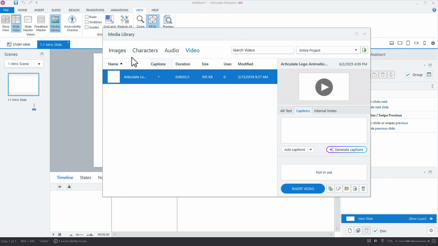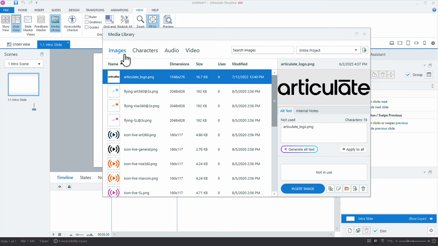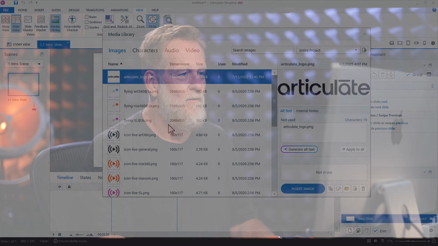Doesn't mean I'm going to use them all. And when I finish the project, I could always go in and remove any unused items as well, so I don't have to keep those in there. But when I'm building a project, if I know I'm going to use these sort of things all the time, let's just get them in there to begin with, rather than having to import them and go through those steps each time. Anyway, so that's just a quick way to streamline collaboration and especially asset management using Media Library